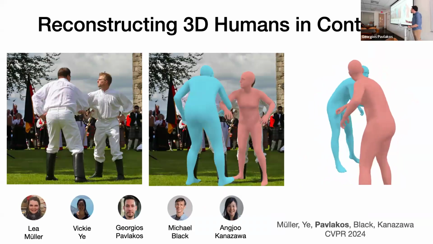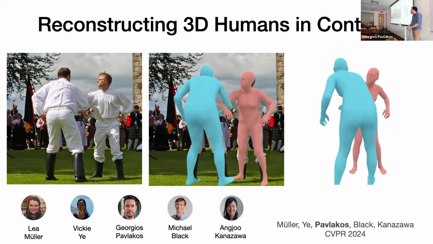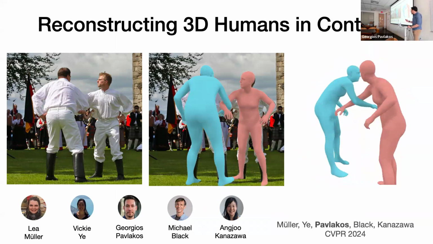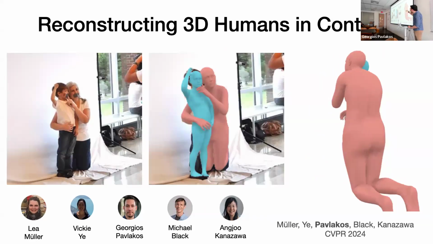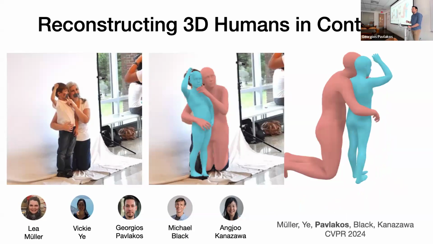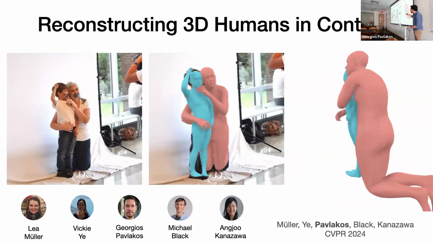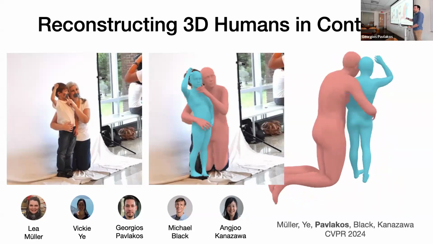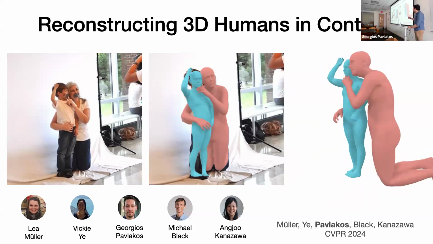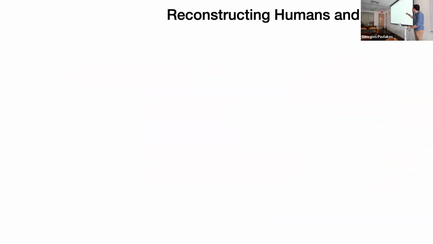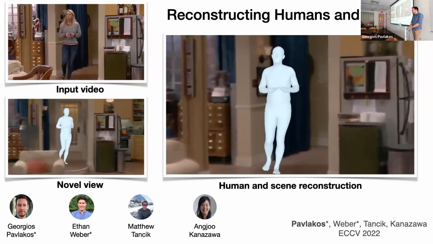We are having more challenges when people are close to one another or they are in contact. And this is a different thread that we're trying to follow. It's even harder because sometimes the height of the people varies a lot, and that's something that is hard for us to capture from a monocular image. Here we have a child that you cannot just reconstruct with the methods that we had out of the box. And then, looking even further into the future, we want to also integrate this with the reconstruction of the scene, of the environment where the people are moving.